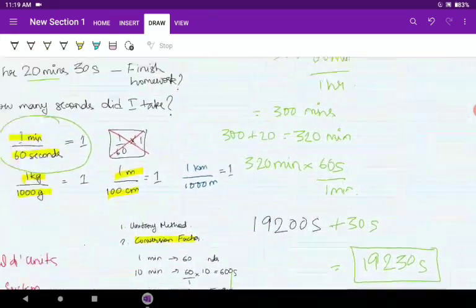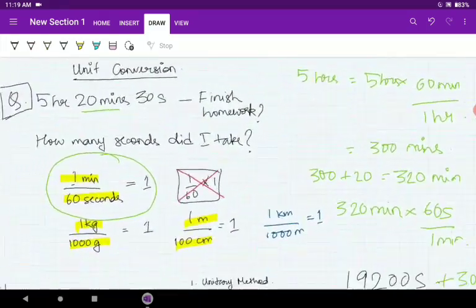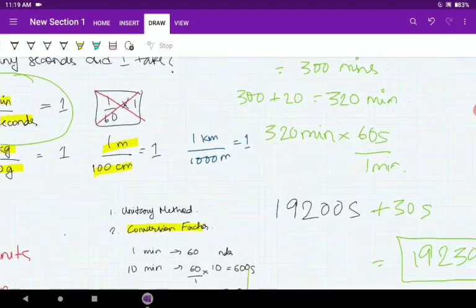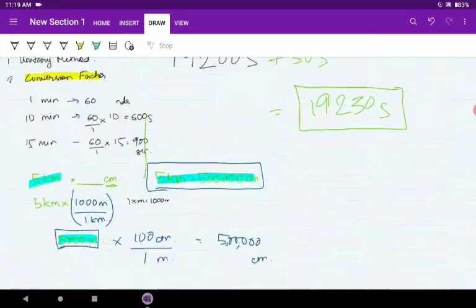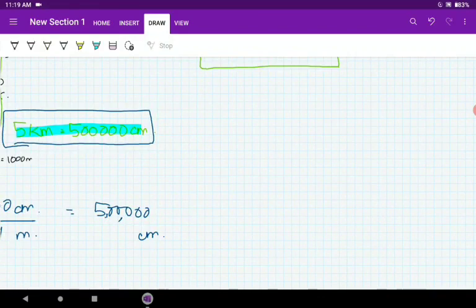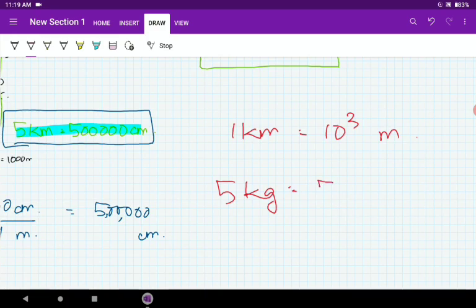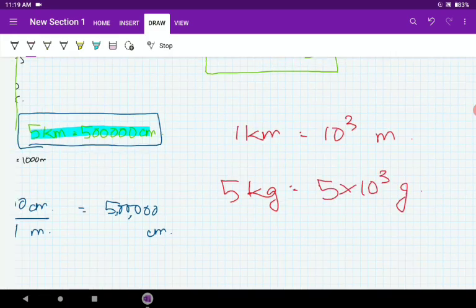And those prefixes, if you want to convert prefixes, you just have to multiply with the scaling factor. That has nothing to do with these conversion factors. If you have 1 kilometer in meter, the scaling factor is 10 to the power 3, that is 10 to the power 3 meter. If we have 5 kilograms, the scaling factor is again 10 to the power 3, so 5 into 10 to the power 3 grams. There is nothing much to think about, you just have to know the scaling factor and do it. So we are done with unit conversion. Next we will talk about some examples and then finish the chapter.